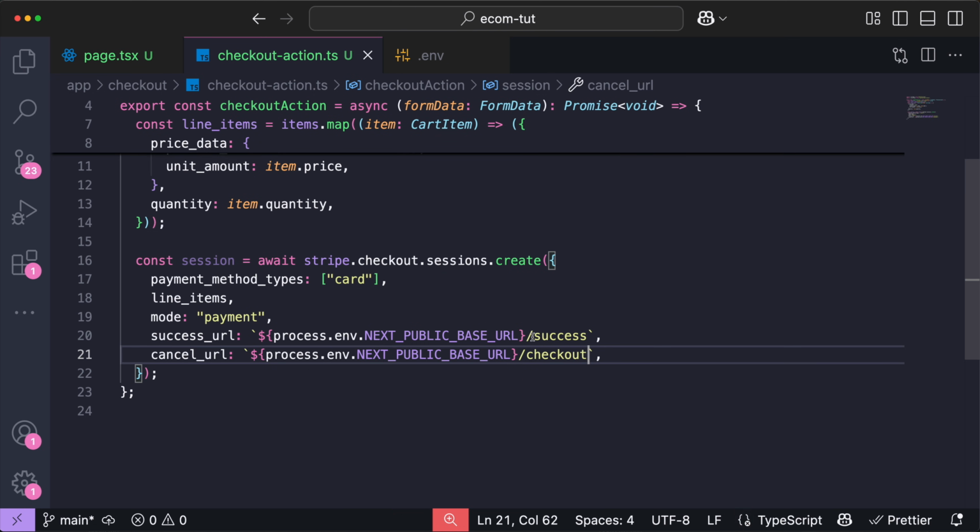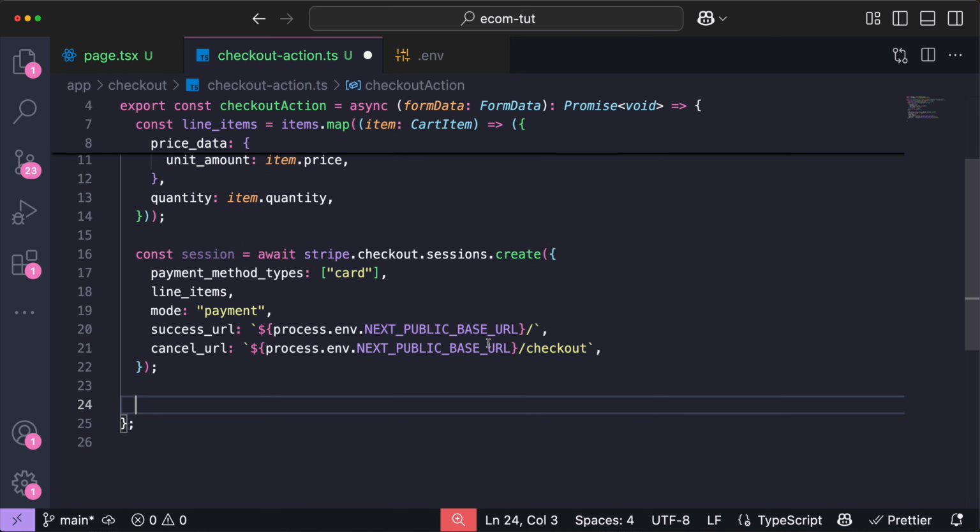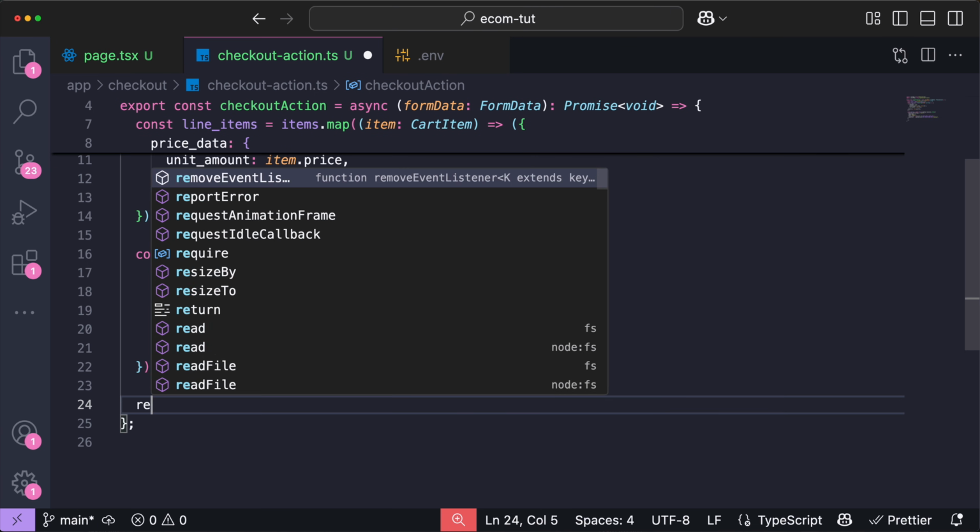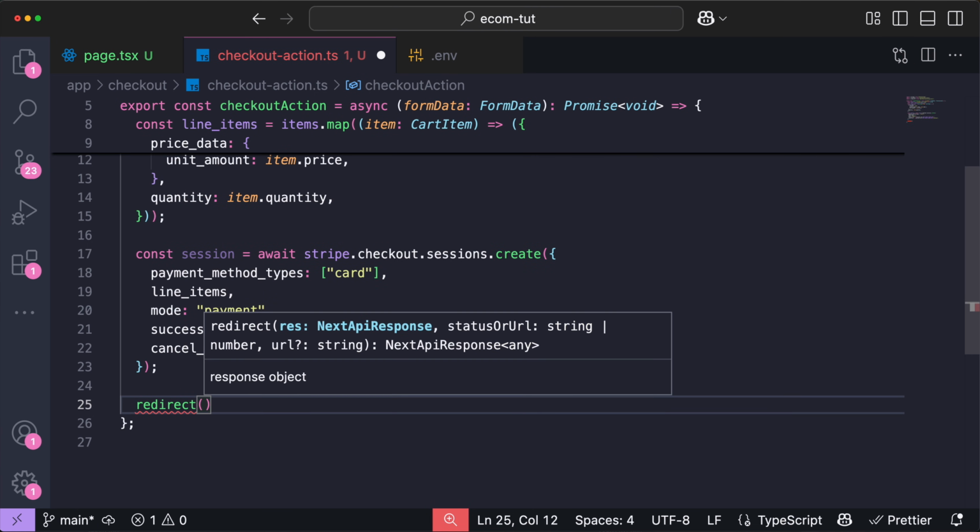If it gets canceled, then we just get back to the checkout page. Now, when the payment is successfully made, you can make a thank you page, you can make whatever. We don't have a success route, so I could create one, but I would rather just return to the home page so that we can buy more products. If you want to make a success page, you can make a route for that, and it will redirect you to that page. Now, after this, when this is done, we are going to redirect